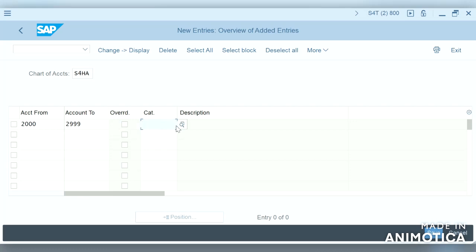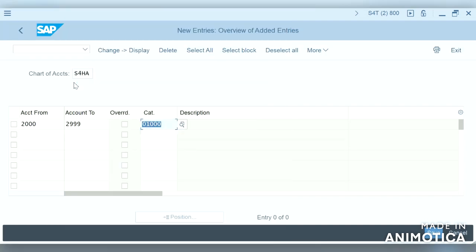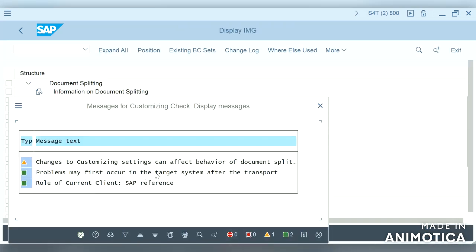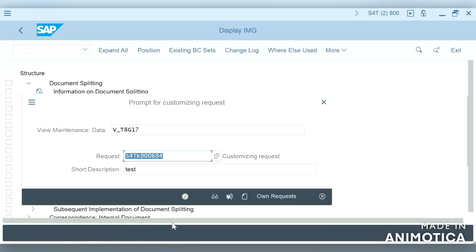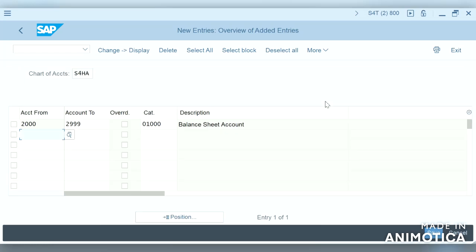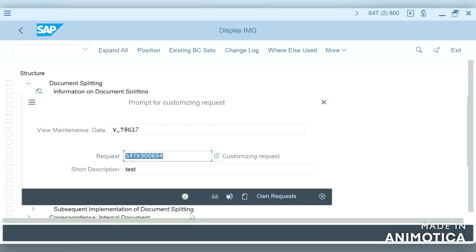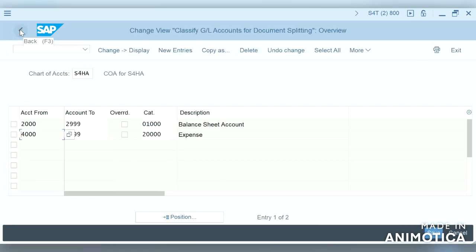So category is balance sheet accounts, and save it. So now we are done with this.